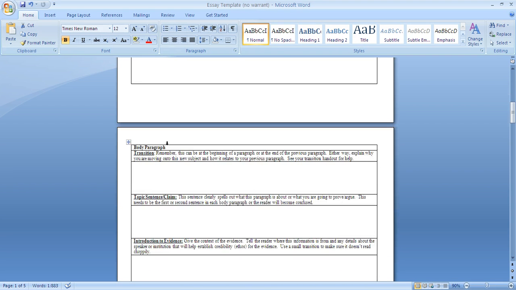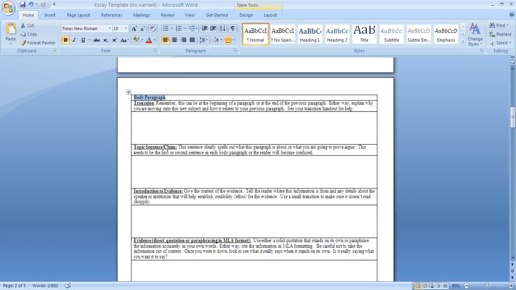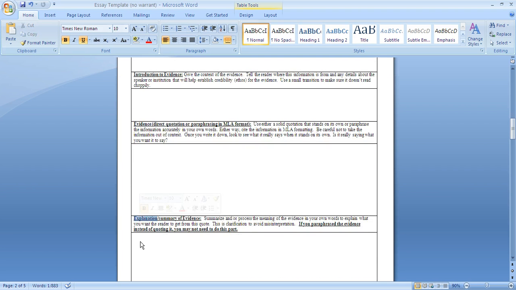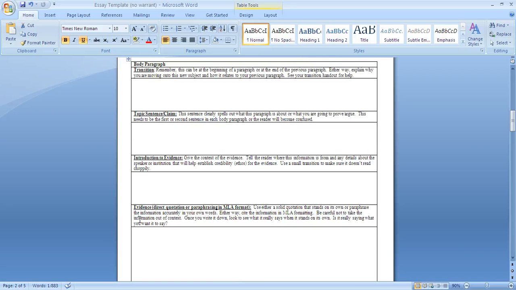Then we move on to the body paragraph. And this is something new that we haven't talked about yet as a class. So you want to pay close attention to my descriptions here for each part of the body paragraph. So there's the transition, the topic sentence, the introduction to evidence, the evidence, and finally the explanation or summary of evidence. So each portion has its own definition, and you can read that, and you will need to read that